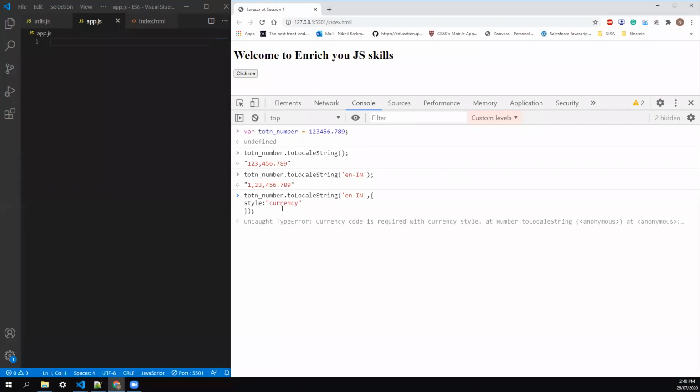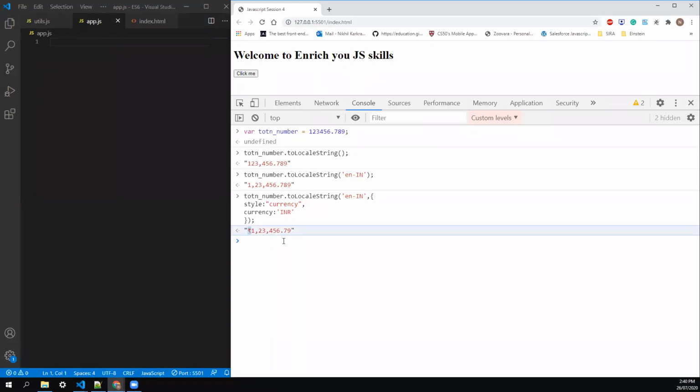I want a currency format, and then it takes currency, which currency we want, INR. And now if I hit enter, it automatically appends the rupee symbol in front of our amount. So it's a pretty good trick actually, because many coders will copy this symbol and then concatenate it with the number, and the number converts into the comma separation. So this is pretty handy.